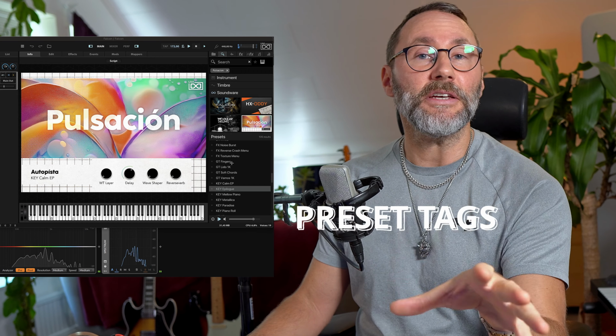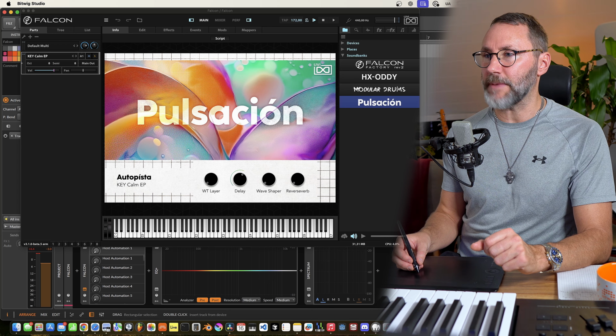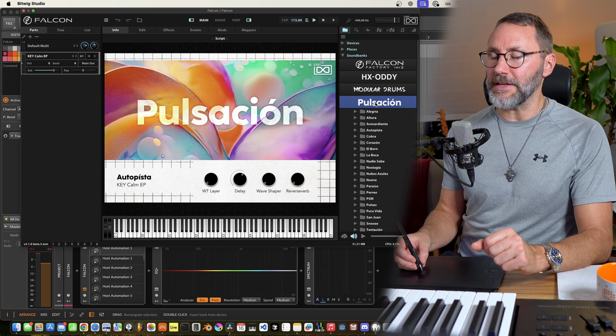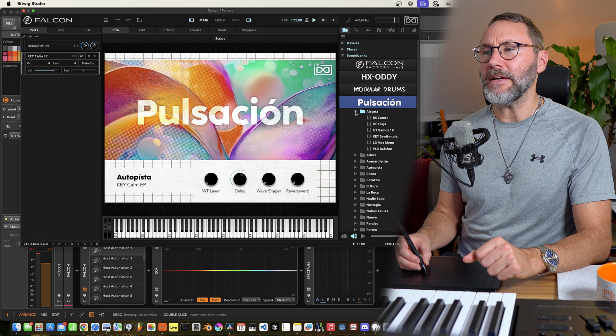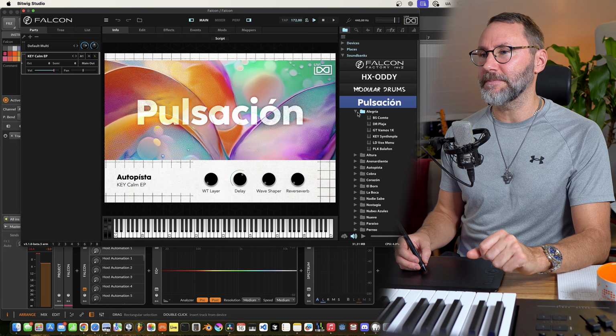Right, so the latest UVI Falcon version 3.1. You can see that the user interface looks like the good old Falcon interface. But you can see I have two new expansions to the right side here. We have the modular drums, which is a kind of modular synthesis construction kits pack. And then we have Pulsation. I don't know how to pronounce that, but it's a kind of modern Latin construction kits pack,